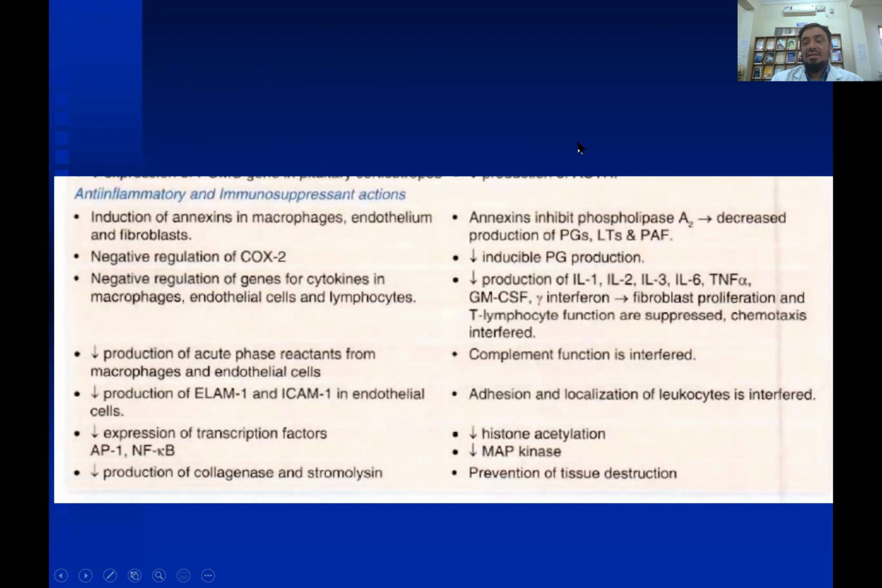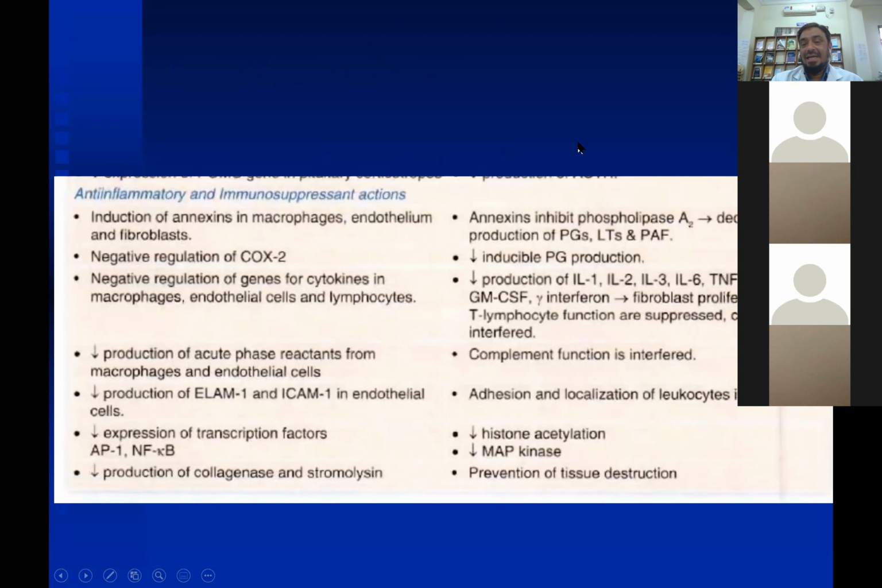So this is the table from Tripathi, which I have taken from the glucocorticoids chapter, right? Number of anti-inflammatory and immunosuppressant actions of glucocorticoids. Okay, remember a few. One is decreased production of prostaglandins, by acting on the membrane phospholipases, that is, it